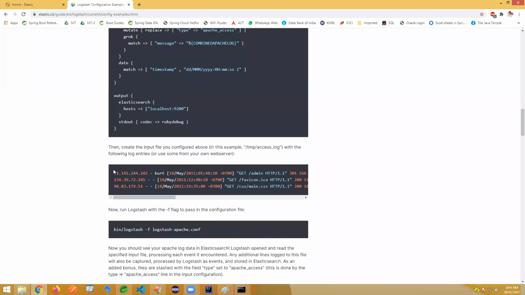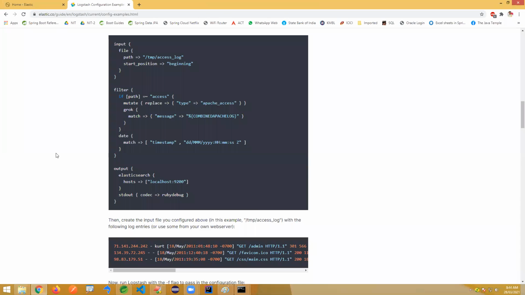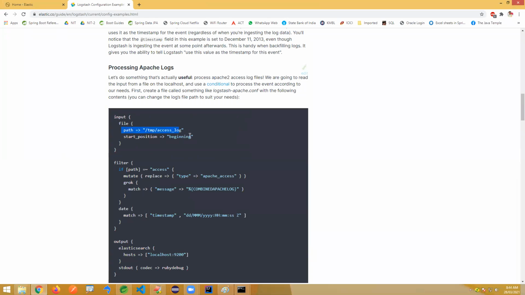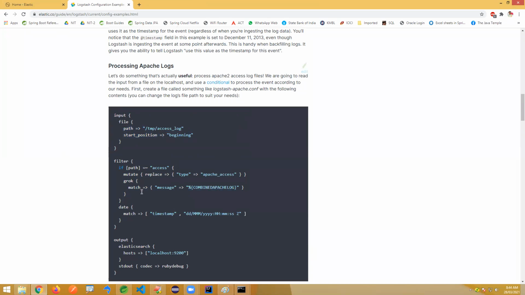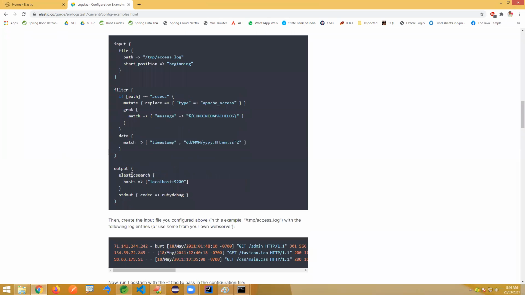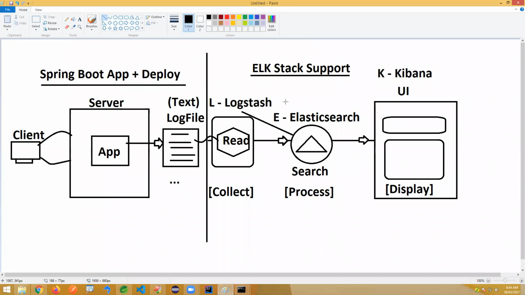They give a sample output here. So the file details, what you want to read, the matching content, the filtering content, and how you want to print are here. This is the configuration for Logstash. Here only we have to create the Logstash config file.